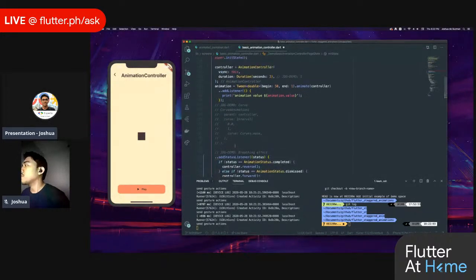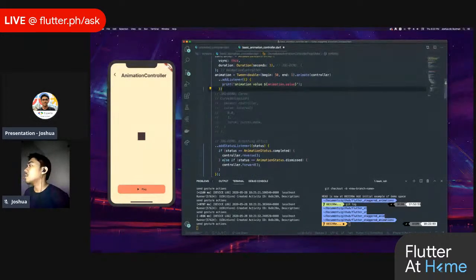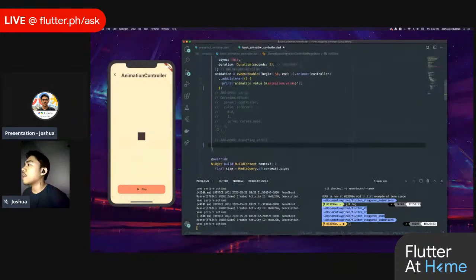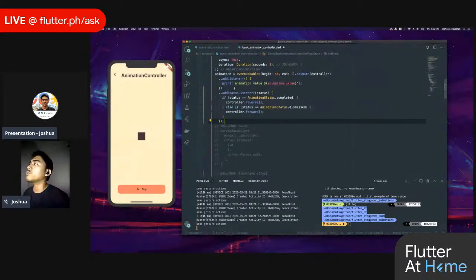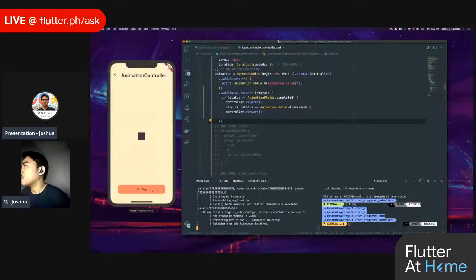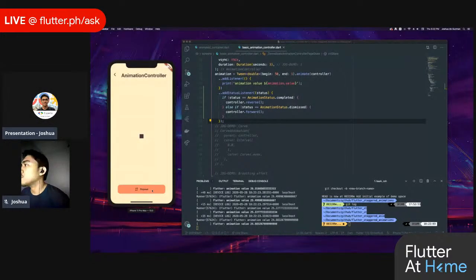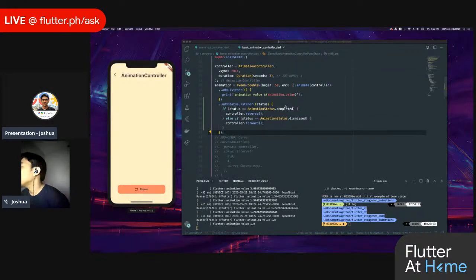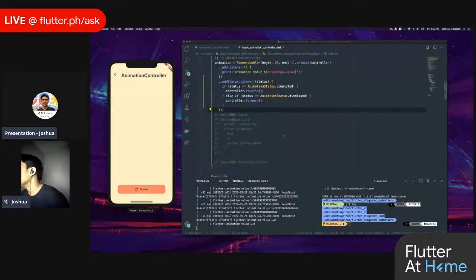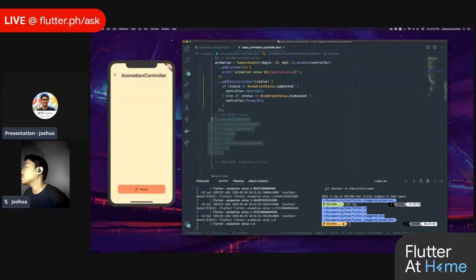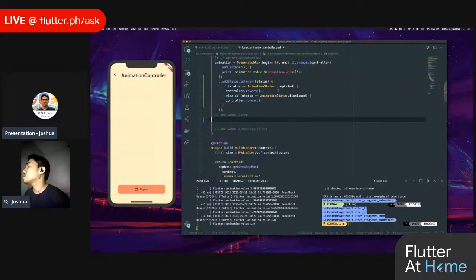So uncomment this one. As you can see here, animation controller has a lot more flexibility and control on how your animation actually is moving. So for example, if I try placing this one, right now it just went to 0. If I try changing or adding this one,